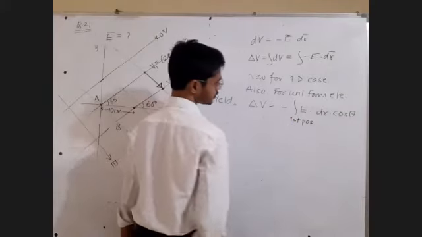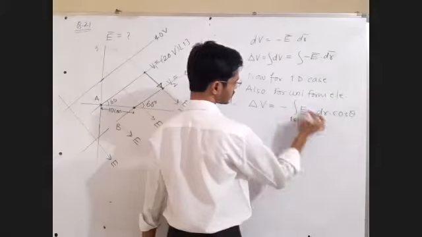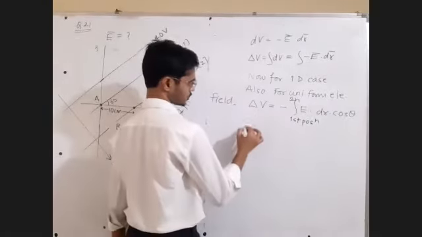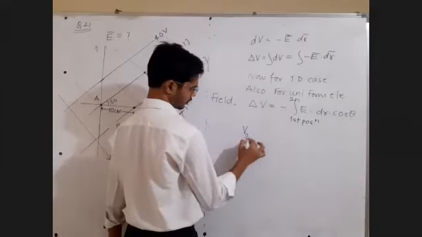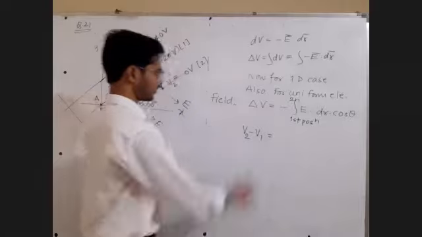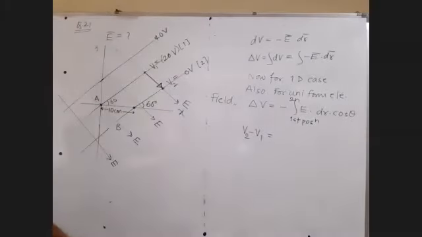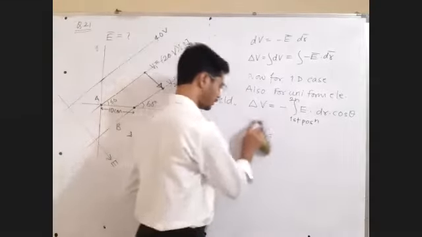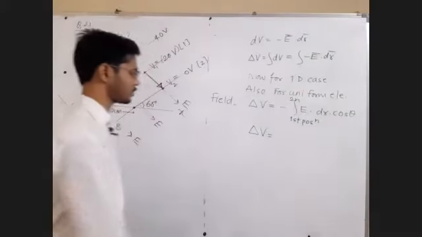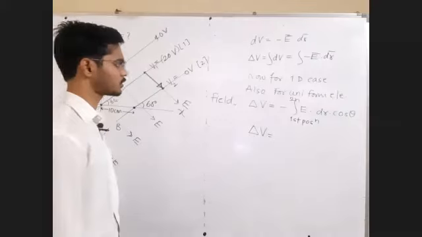From first position to second position, the potential difference will be final potential minus initial potential. On the left hand side we will have final potential minus initial potential. Let it be delta V itself, because we have not yet reached the final formula.